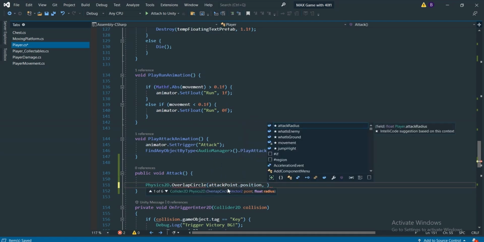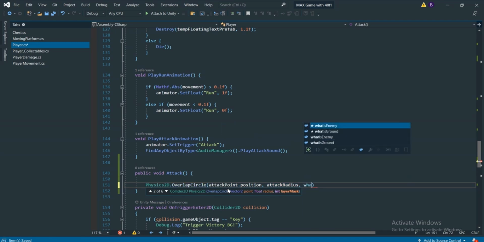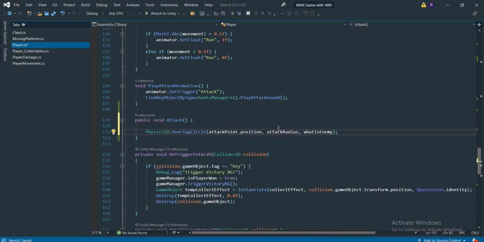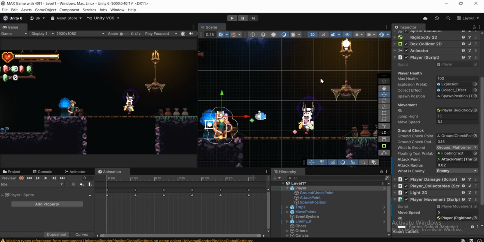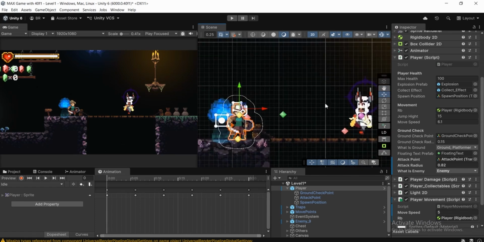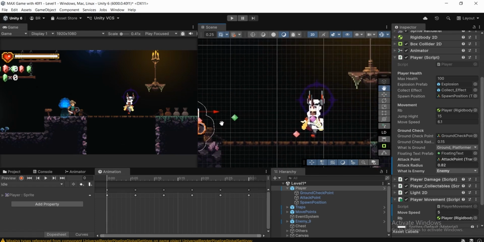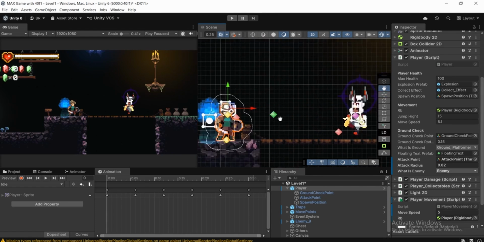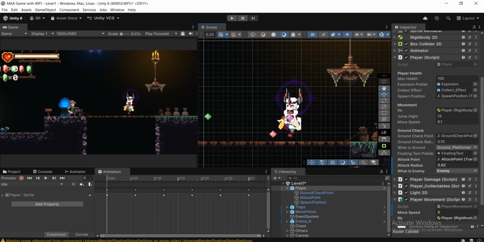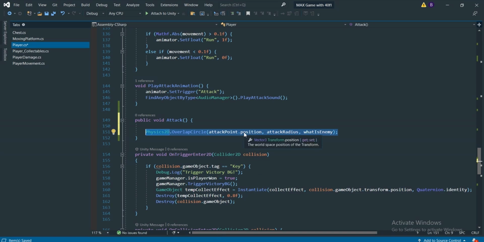Second thing, we will pass our radius, so let's pass attack radius. And as the third parameter, we will put our what is enemy, since we want to damage our enemy. So this function is just going to create the circle from our attack point with attack radius, and it's going to target this enemy. And let's suppose the circle really collided with this enemy game object, then this function is just going to give us a true value, or else it's just going to give us a